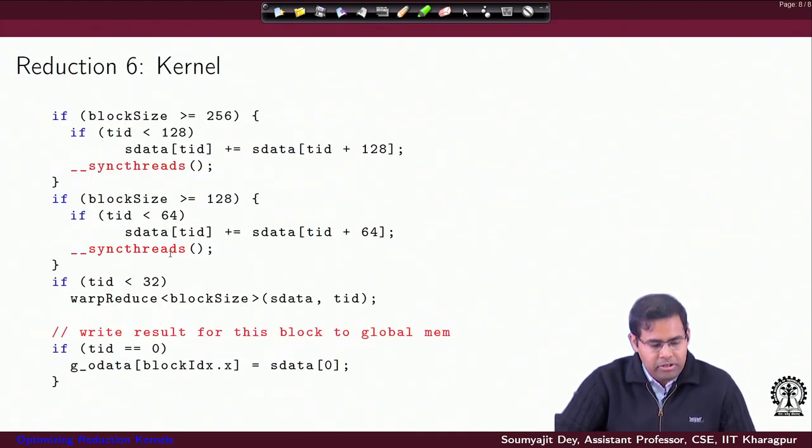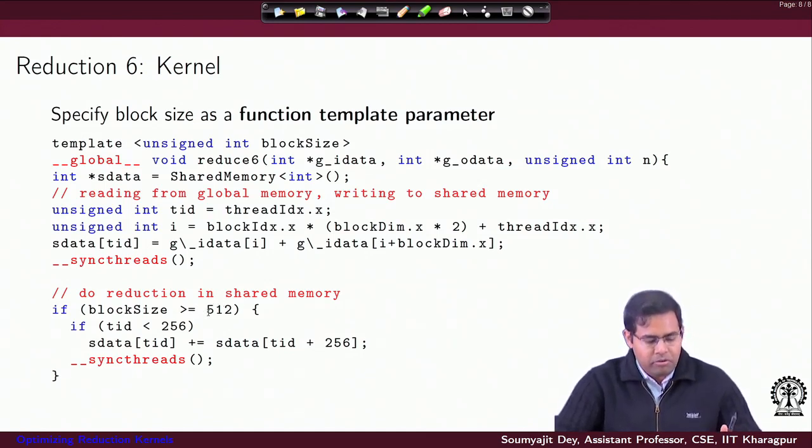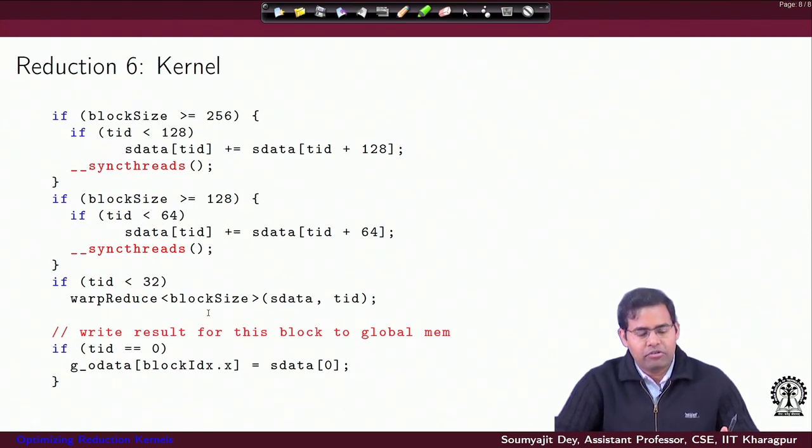All we have done here is simply replicate that behavior without the loop, so we just put in the if else blocks. If the block size is greater than 512, I start executing from this block. If the block size is not greater than 512, but greater than or equal to 256, then I just start from this block.